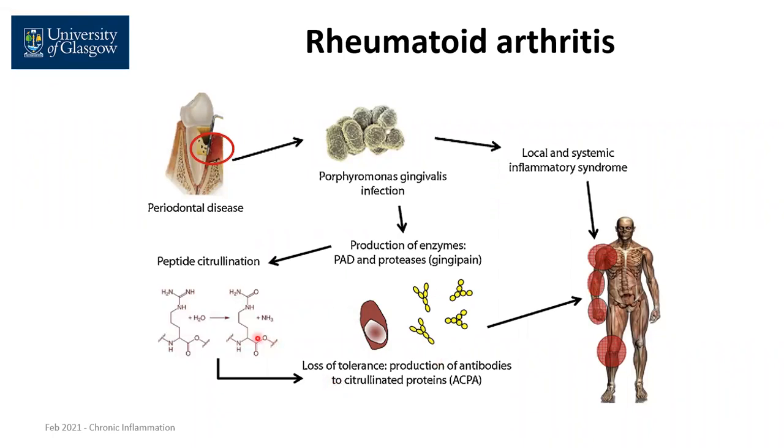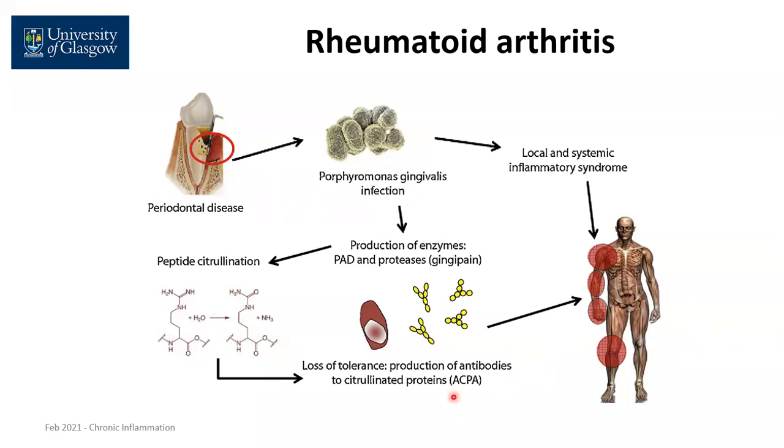The immune cells, such as B cells and T cells, will basically attack any proteins that have citrulline in them. And that is essentially one of the links between periodontal disease and rheumatoid arthritis, is that you get this loss of tolerance to certain proteins that have this citrulline within their structure. And because of the PAD enzyme and P. gingivalis producing this PAD enzyme, this is essentially why scientists are trying to find the link between them, because you get this production of antibodies